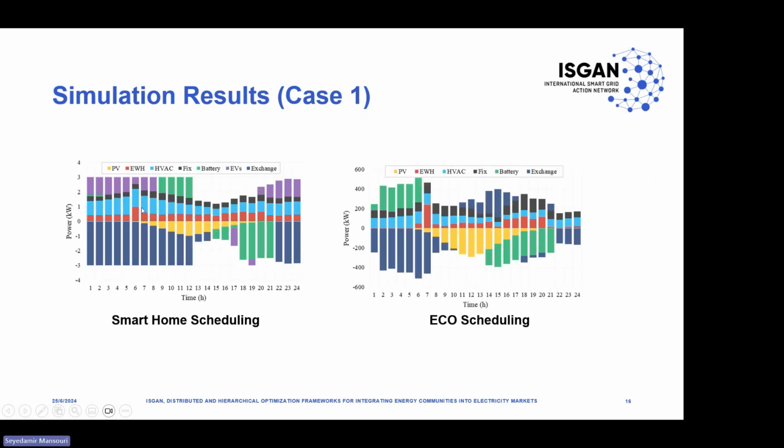And here we have a power balance for a smart home and energy communities. As you can see, a smart home has PV rooftop solar panels, an electric water heater, and heating, ventilation, and air conditioning systems. These two systems are controllable loads for a smart home, and they can schedule them, reduce or increase their consumption, etc. And they have fixed loads, which are lighting or something like that. They have a battery and electric vehicles, and they have their exchanges with the energy community operator and